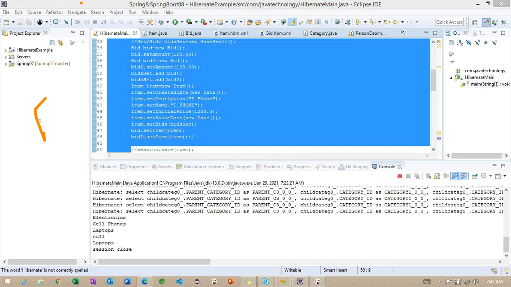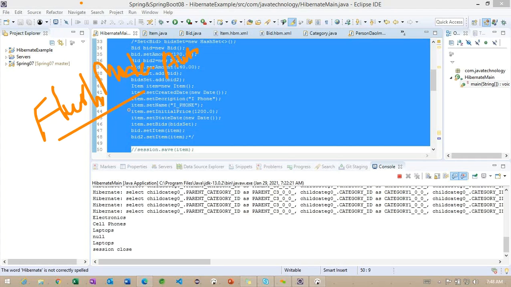Whenever we call the flush method using the session object, internally it has some properties, something called flush mode. This is an enum, and we are going to work on the auto. By default, it is going to work here.